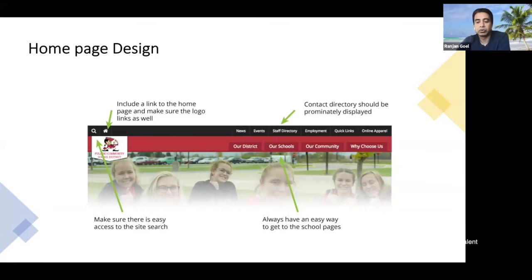Is it school kids, college kids? Is it administrators? So obviously, based on the different profile of your target audience, you will pick these design elements of your site accordingly. There are other minor items like a staff directory or a directory of contacts and things like that.